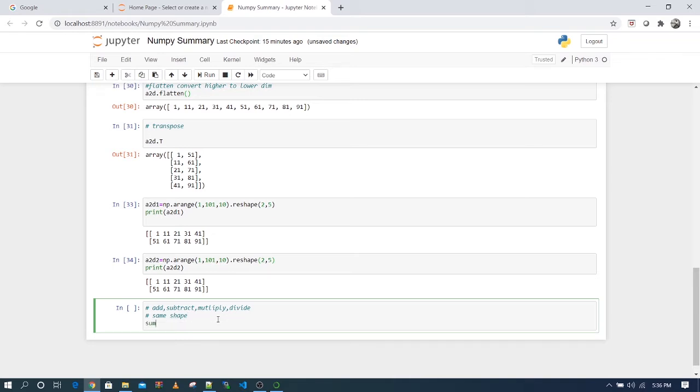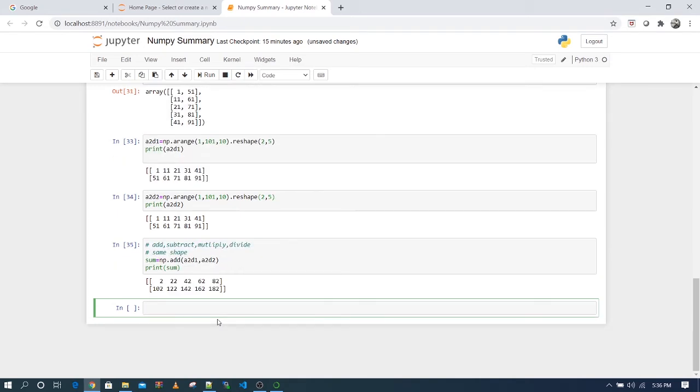So if you want to find the sum, then you can use the add method, and for that you need np as numpy, then add what you want to add. You want to add 2D matrices A2D1 and A2D2, and if you want to print, you can print the sum. So you have printed it.